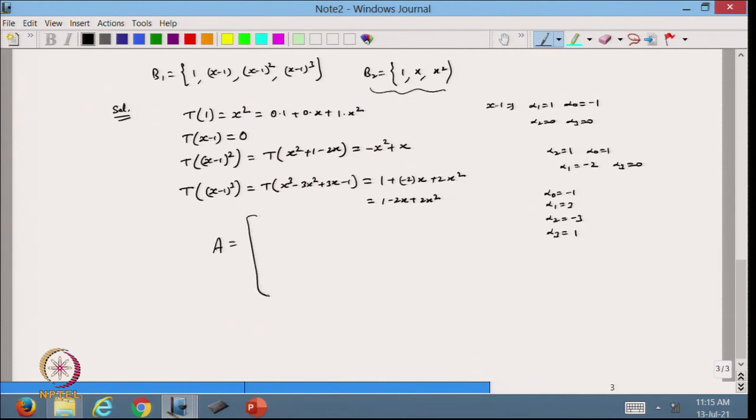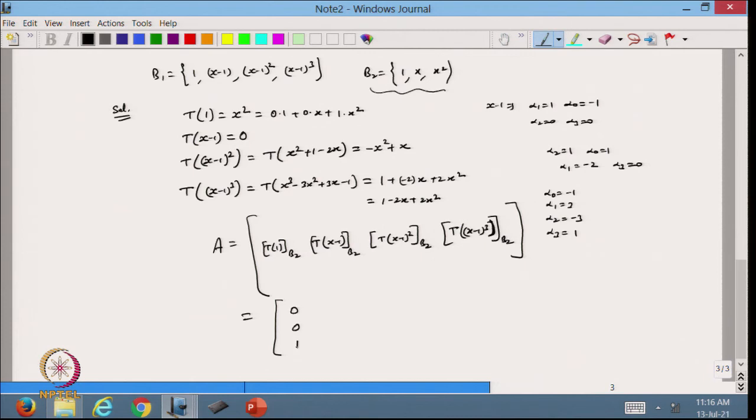be, so it will be T of 1 with respect to basis B2, T of x minus 1, the coordinates of this one with respect to basis B2, coordinates of T of x minus 1 square with respect to B2 and coordinate of T of x minus 1 cube with respect to B2. So, this is what I want to write, and that will be equal to